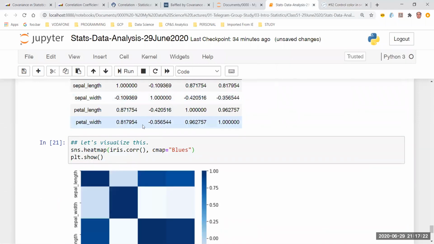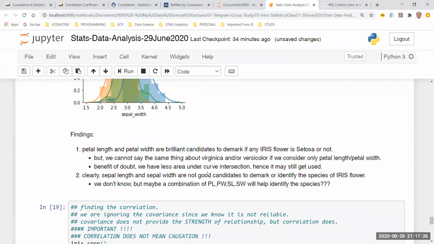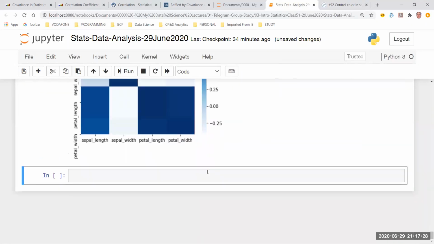variables or effects of these variables on the species, because species is in character form and I've not converted that into a number. Okay, if I convert that into a number, I should be able to see the effect. Let's quickly do one thing, although we will explain this later. Let's convert the species field into a number.